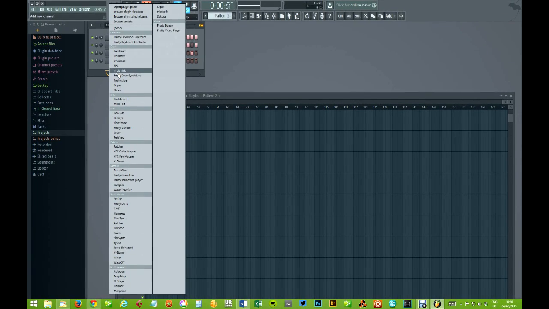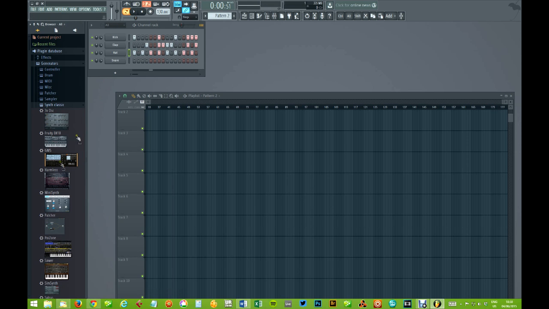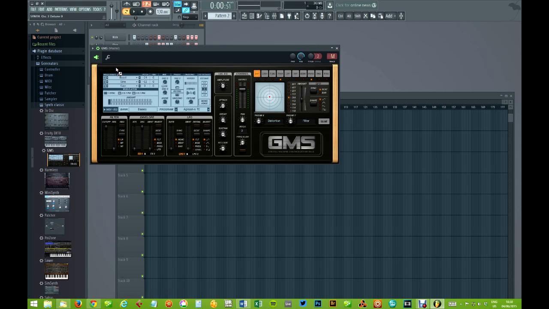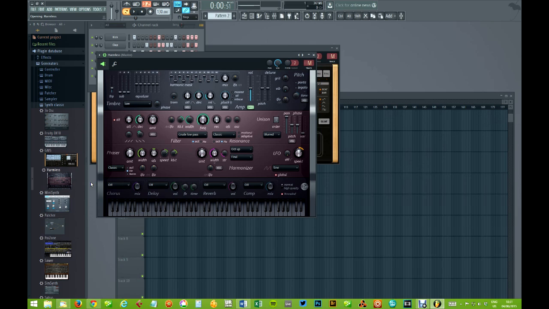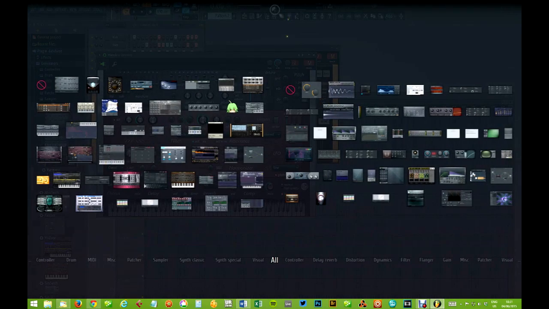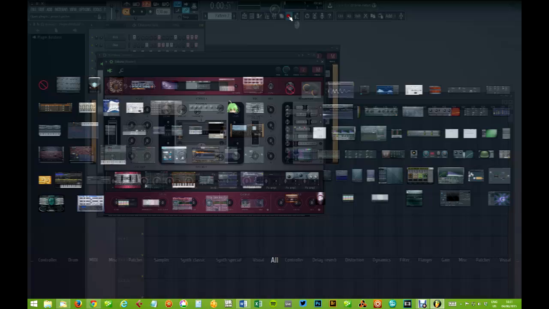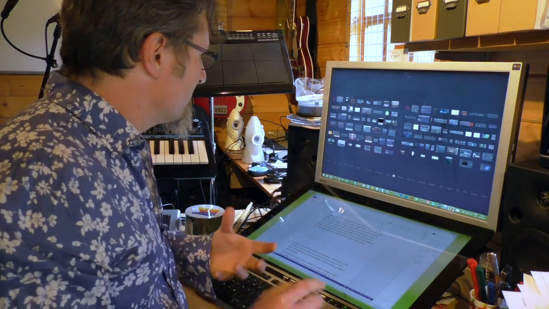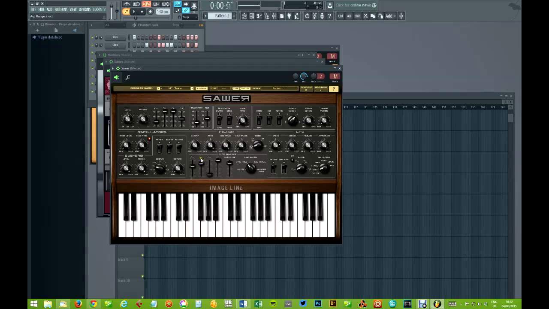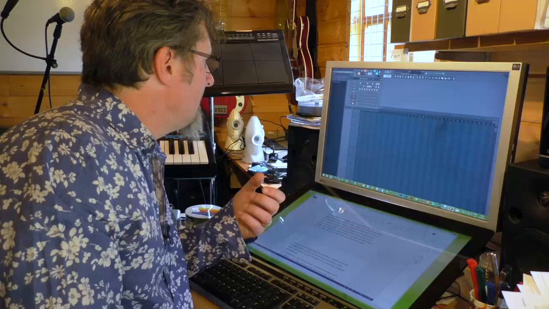But of course, this is not the only way to add something to the Channel Rack. No, you can bring it in from the plugin browser over here. So we go synths, thing, drag, drop. You can also right click over here and open a new channel, and that sticks another one in. You can go to the plugin picker and double click something, and that puts it in. The plugin picker is particularly awesome. I love the way that all these thumbnails of synths just kind of zoom onto the screen and let you pick something. You know, all the GUIs sort of swish into view and they're all animated and exciting and ready to go. Let's choose something simple,